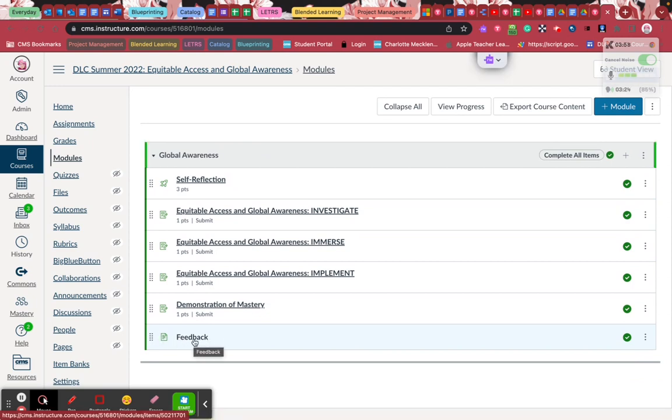This is usually the last thing you're going to have them do in their Canvas course, because this is what is going to trigger a completion within the Canvas catalog. If it triggers a completion within the Canvas catalog, we know that they have completed the form and that it will have all the information. We will have all the information that we need to award credit in MyLearning for the back to school work